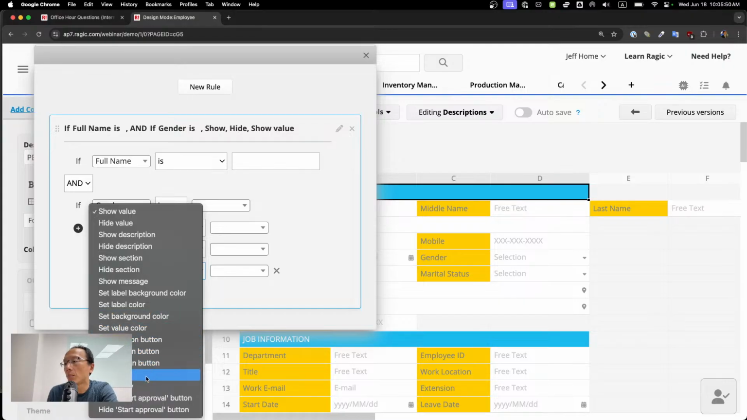Okay, and then we supported read-only. This is also quite important. So some fields will be not editable under certain situations, and certain fields will only be editable under certain situations. For example, if the